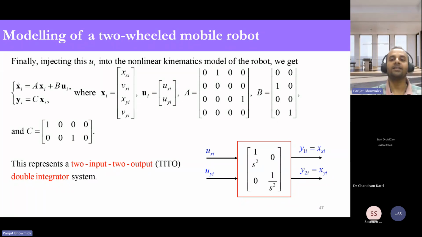Especially the double integrator has a lot of application because, as I was talking about last day also, whenever we think about the motion of a system, then at least the steady part of the motion